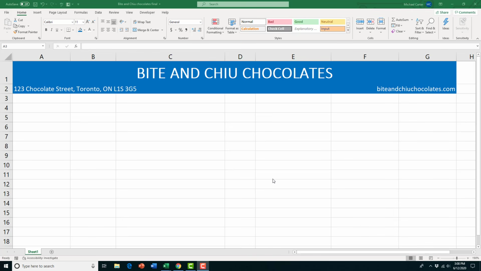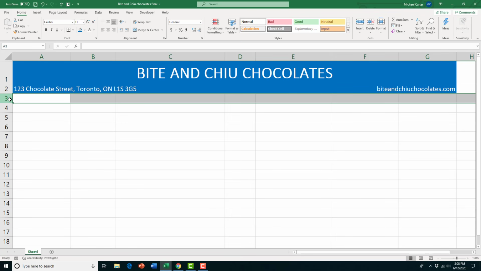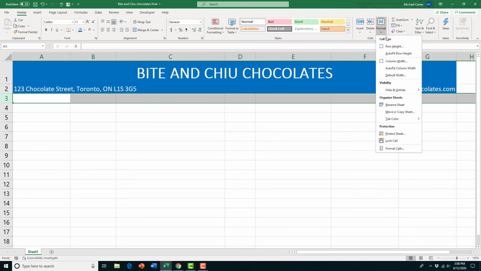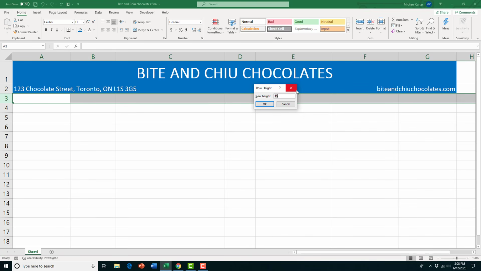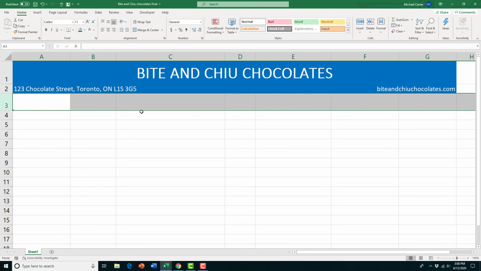So now we'll create kind of a section heading for this worksheet, and we're going to do that in row 3. So I'm going to highlight row 3 and then just make it a little bit bigger. To do that, you can pull down at the bottom of the row, or you can go to the format drop arrow and choose row height and just type in a bigger row height. I'm going to choose about 26.25 and then press OK, and then it's going to expand, and now I have room to put a section